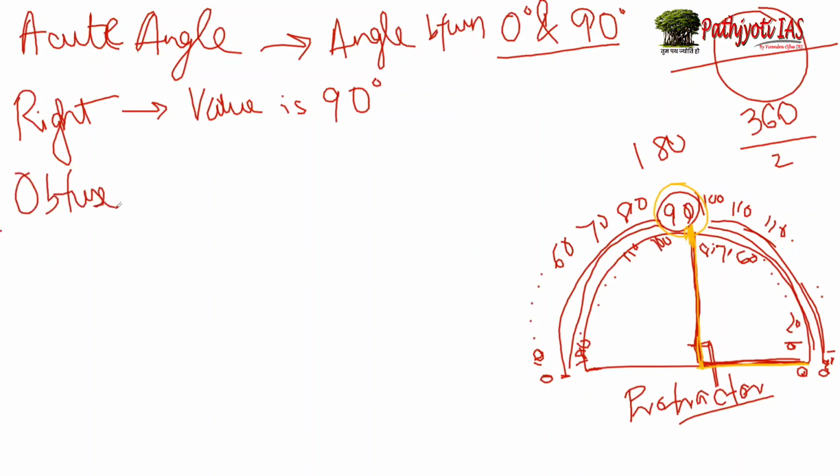obtuse angle क्या होता है? obtuse angle थोड़ा सा इंटरेस्टिंग है. obtuse angle is an angle starting from 90 to 180. जैसे आप इधर ऑब्जर्व कर पा रहे हो, 90 से 180, इधर की जो लोअर लिमिट होती है, मतलब 90 से 180 तक 100, 110, इट कुड बी 105, 125, 120, कुछ भी एंगल्स हो गया, ठीक है. तो ये आपका हो जाता है एंगल